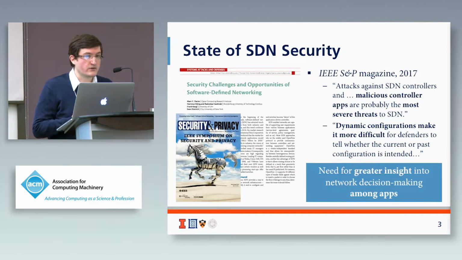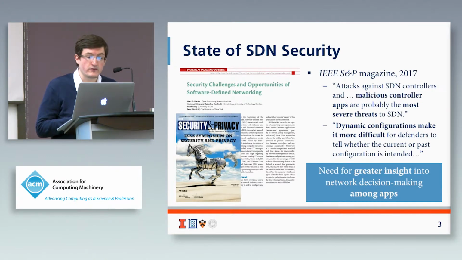So there's been a lot of interest in recent years, particularly as SDN relates to security, in using SDNs to improve end host security. So for instance, fine-grained access control or monitoring for intrusion detection systems, SDN allows you greater insight into what's going on with the end host in your network. At the same time, though, we should also consider the security of the SDN infrastructure itself.